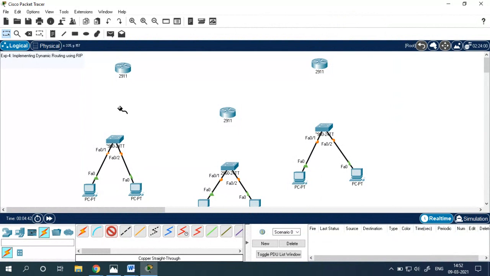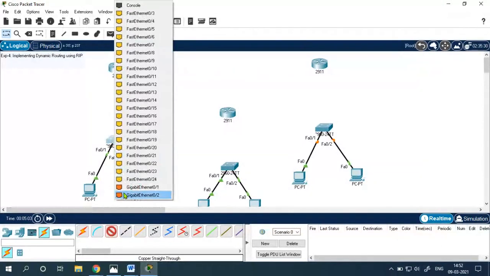Again, now I want to connect this switch with the router. So which cable? Right, as you replied in the chat box, it is copper straight-through. Let me select that again.